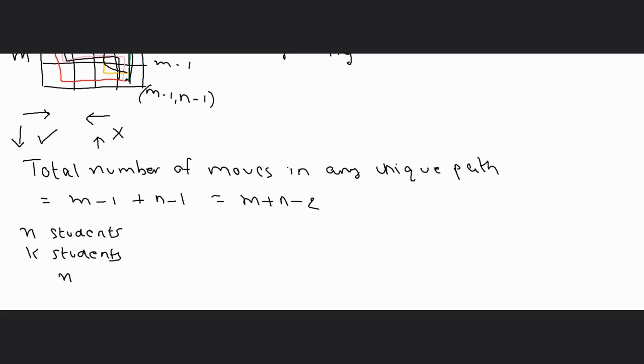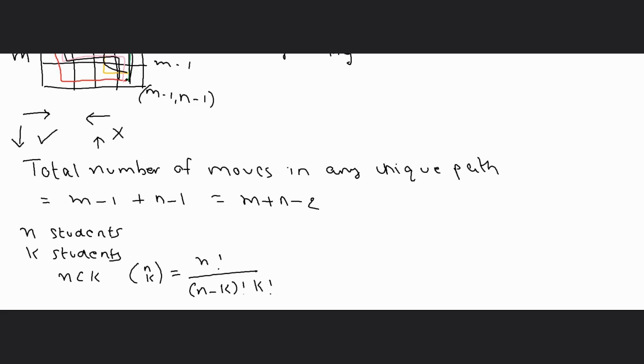It is nCk, that is n choose k. You can also write it this way. And the formula for n choose k is n factorial divided by n minus k factorial